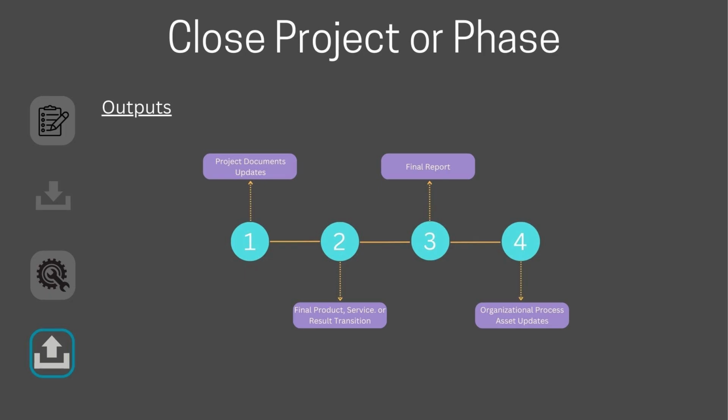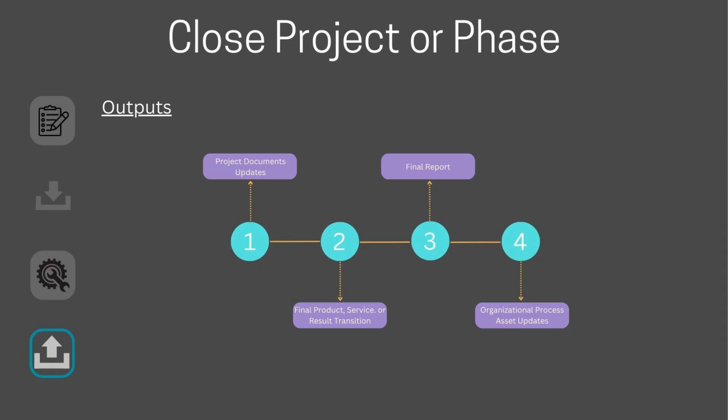If we closely observe this list of outputs, you'll notice that an accepted deliverable is not listed as an output. You also don't see the results of the project as an output. Instead, it's the final product, service, or result transition. This means that the acceptance of the particular product, service, or results created as part of the project has already been shown to the customer or stakeholders, and the necessary signatures required for acceptance have been obtained.